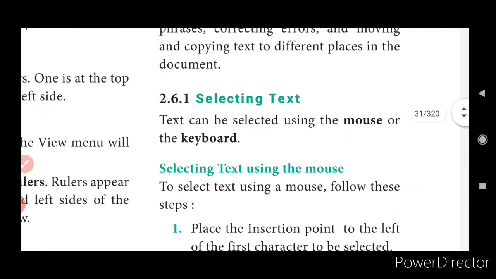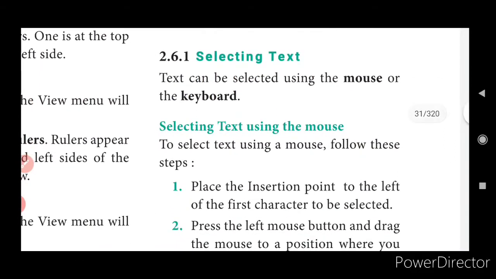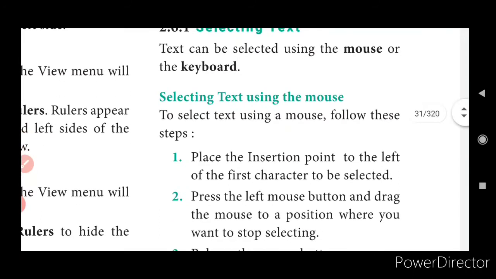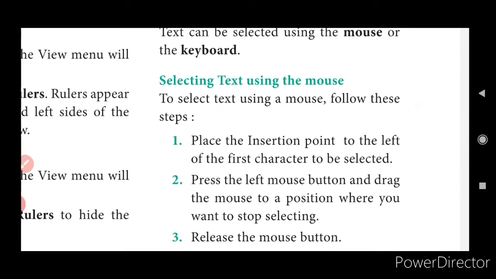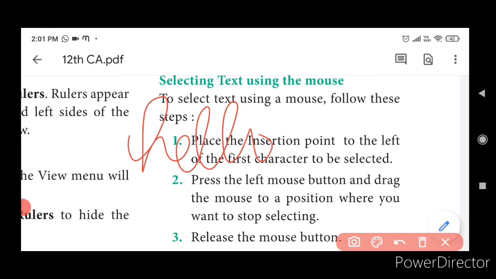Text can be selected using a mouse or a keyboard. Place the insertion pointer, the cursor, to the left of the first character to be selected. Say, for example, I have written hello here. If I want to select this hello, I have to keep the cursor at the beginning of the line and then move it to the right.